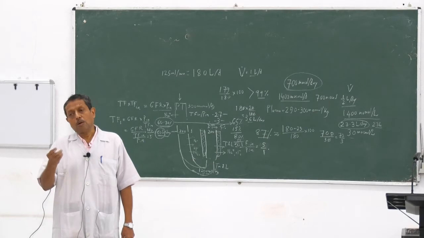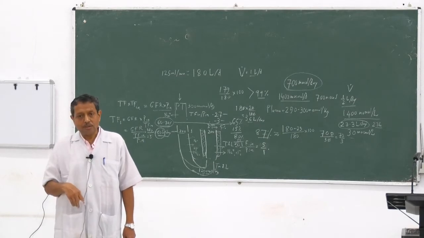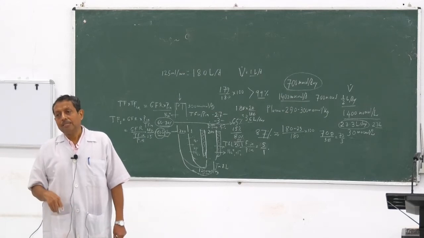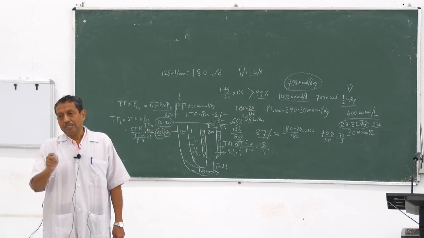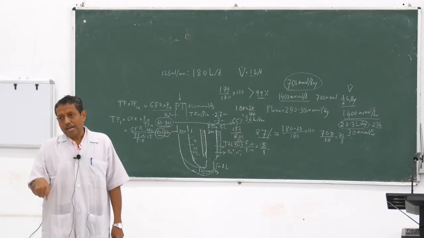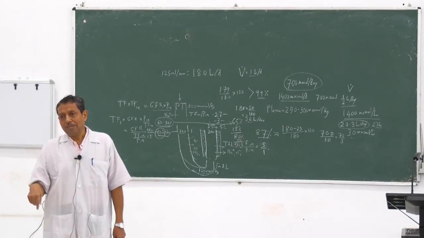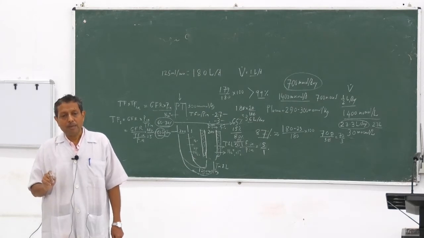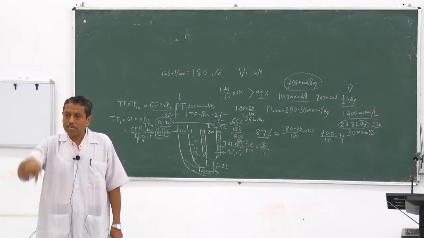So collecting tubules of all nephrons start in the cortex. The initial part is the connecting tubule, then the initial cortical tubule, then the cortical collecting tubule, then the outer medullary collecting tubule, then the inner medullary collecting tubule or collecting duct, and they ultimately terminate in the apex of the papilla, and they course from the cortex to the medulla,